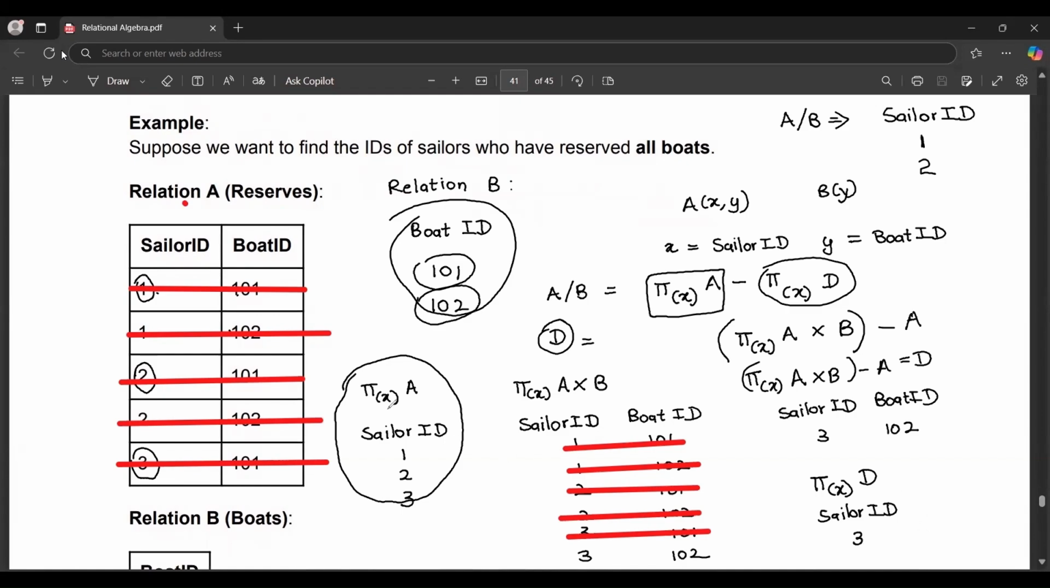In the set difference process here, only 3 will be cancelled. So 1 and 2 will be the output. The answer will be this one. Look, it's the same as before. This is why I taught you the formal expression using the basic relational algebra operations. So this is how you have to perform